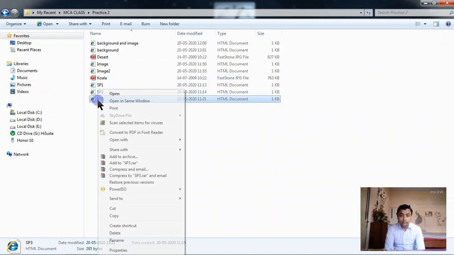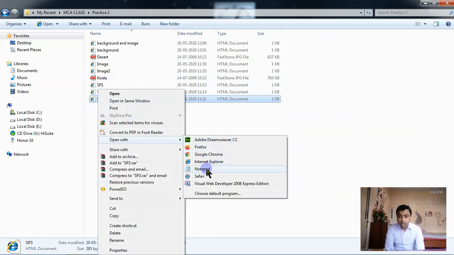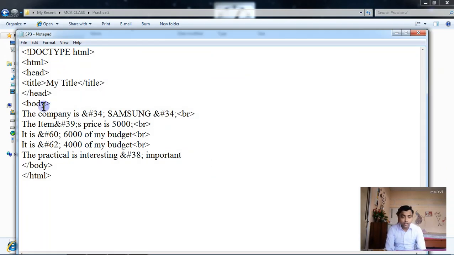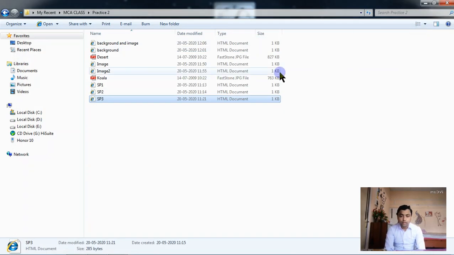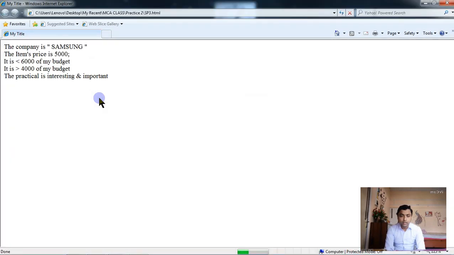Similarly, let me open the third one. Here you can see these codes are used for creating the special characters. So you please try this at home. Now I am opening this. Now here you can see the company is Samsung. The item price is 5,000.